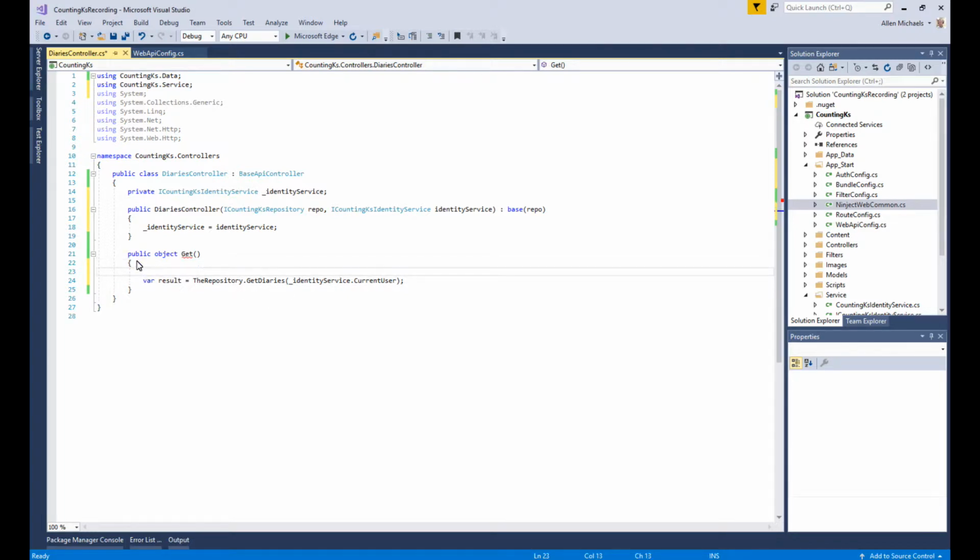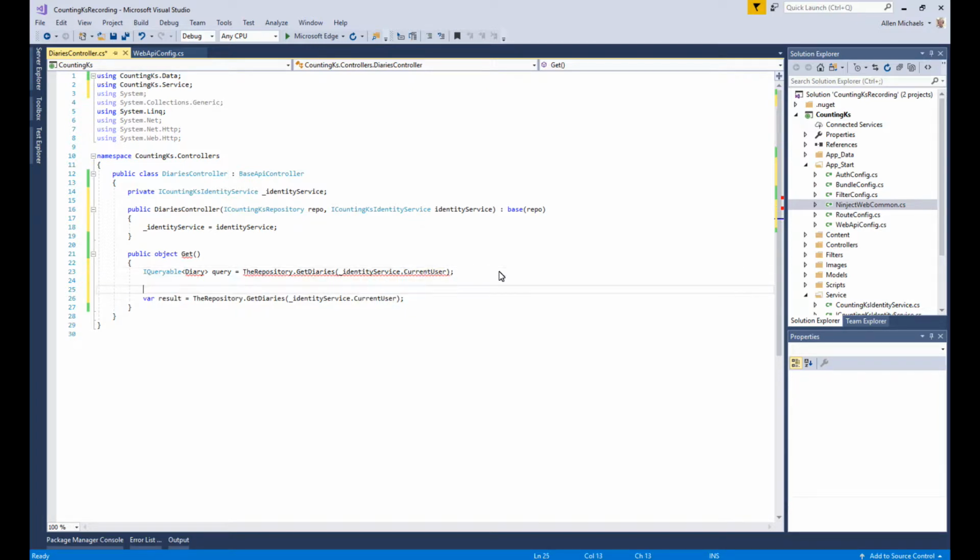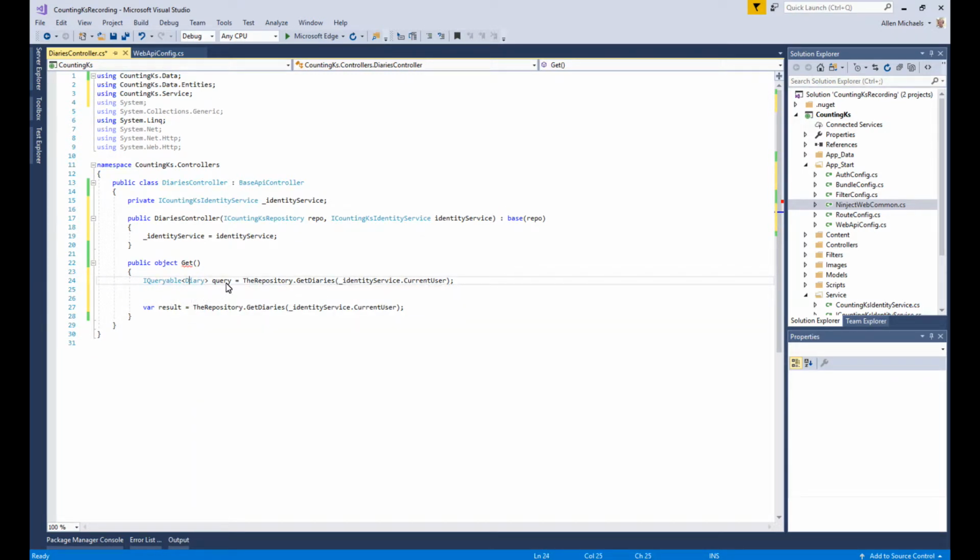But what I want to do here is use IQueryable of a diary so that I know what I'm doing. Call it a query, and then just do our actual query here. So now I know that I'm getting an IQueryable list of diary objects in my query, and then if I want to furthermore select from it in my result set here,